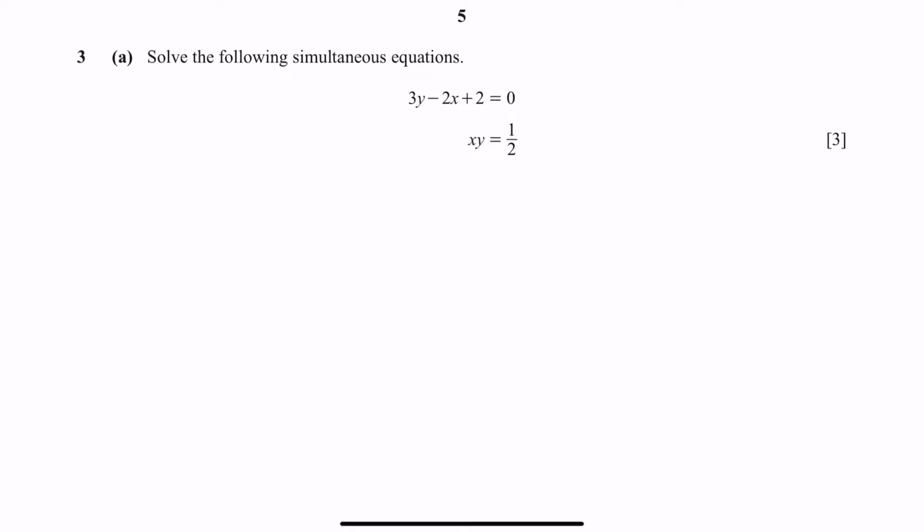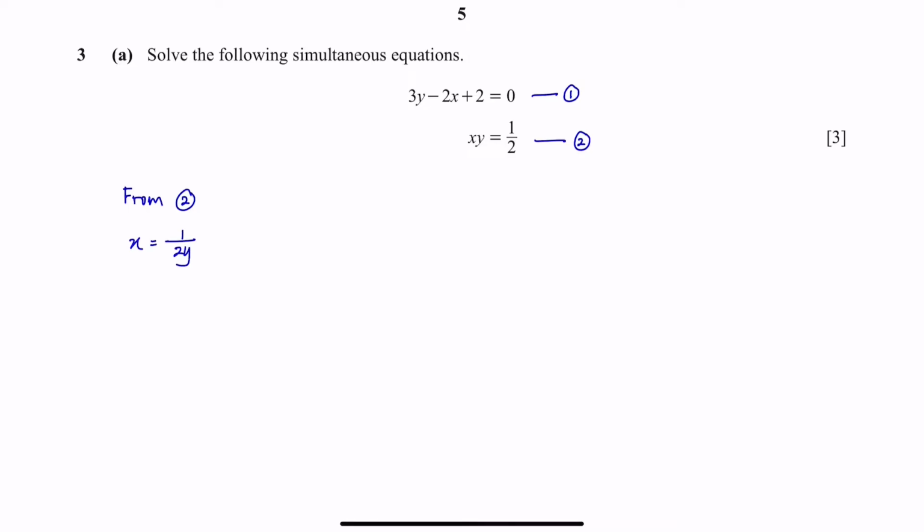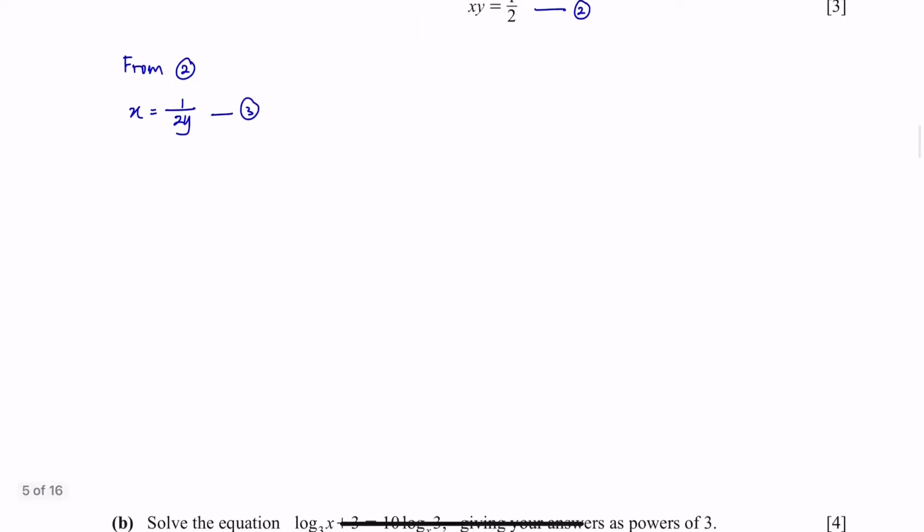Question 3 is about solving simultaneous equations. So we have 2 equations. Let's call this 1 and 2. So from equation 2, we have x equals 1 over 2y. So let's call this equation 3. So we can sub equation 3 into equation 1,